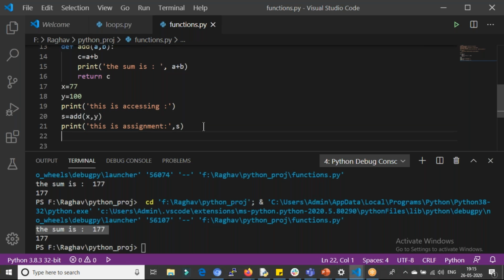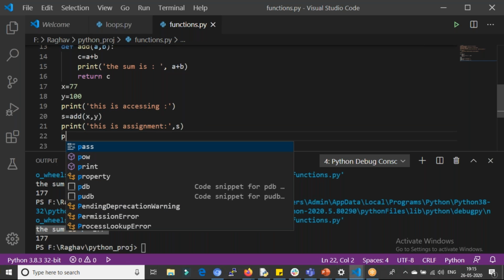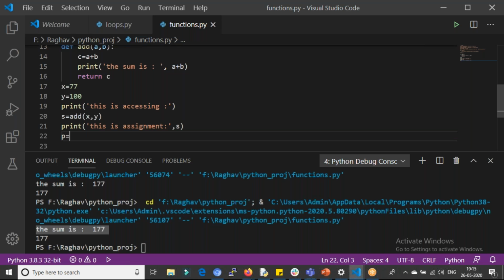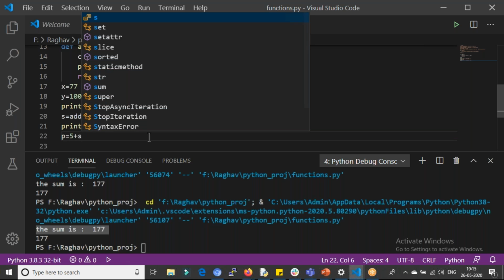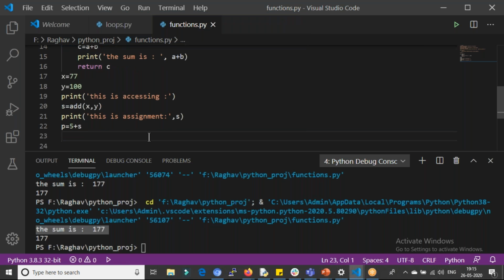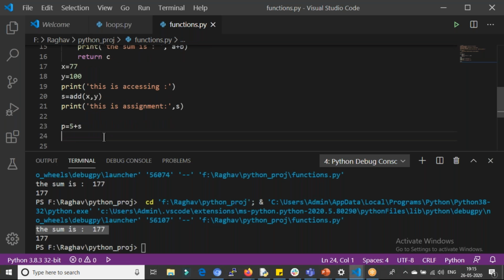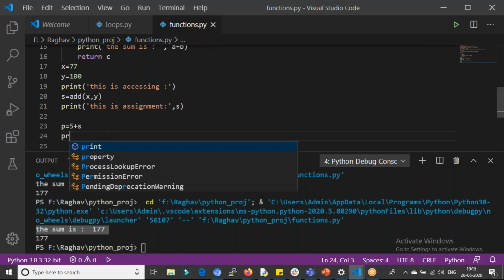So I'll have another variable p, and I'll say p is equal to 5 plus s. We tried to do this before, right? So we can do something like this right now. I'm taking another variable p, and I'm using the value of s in an expression. 5 plus s is an expression, right? So I'm using it in the form of an expression, and I'll print over here